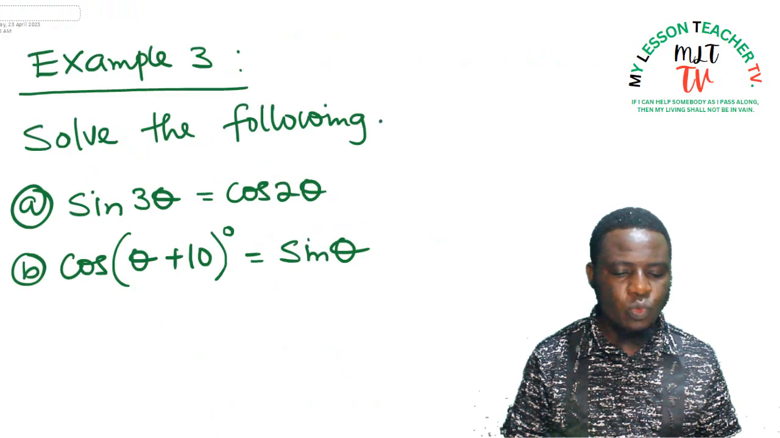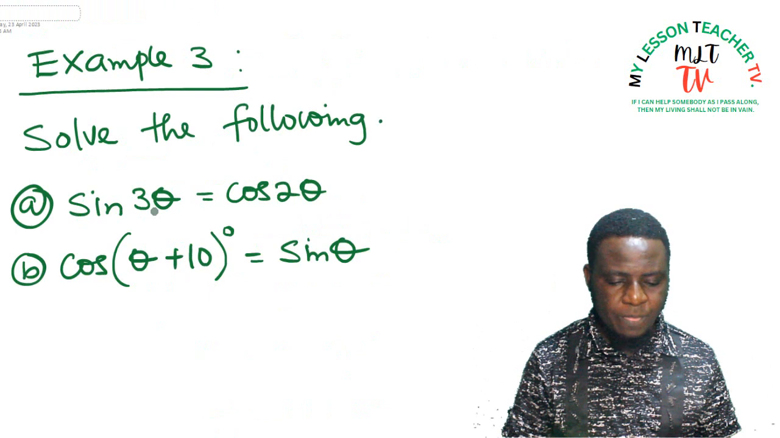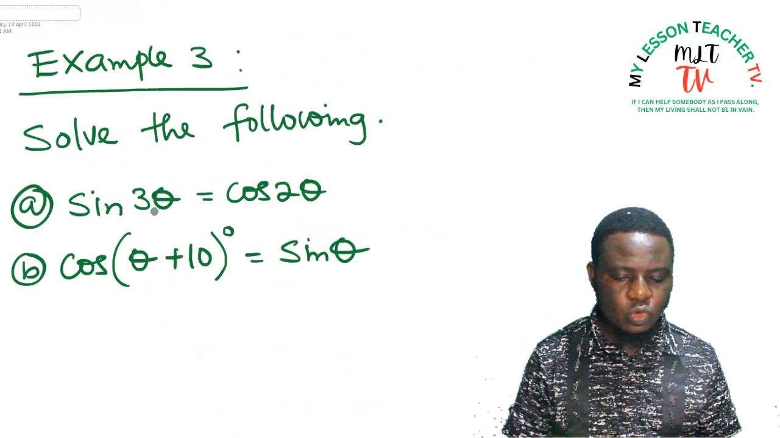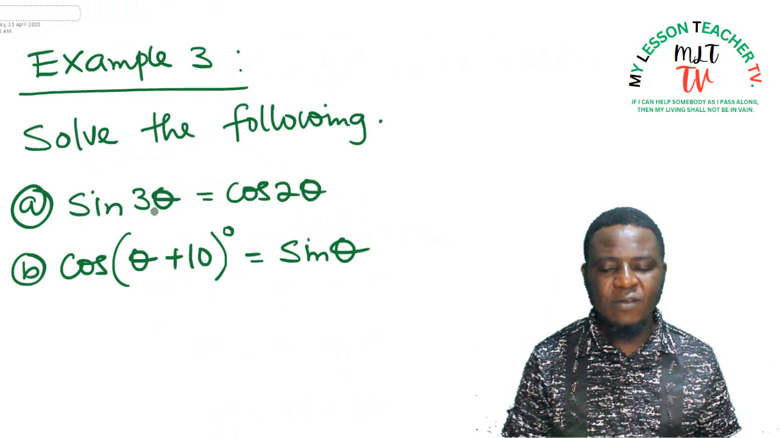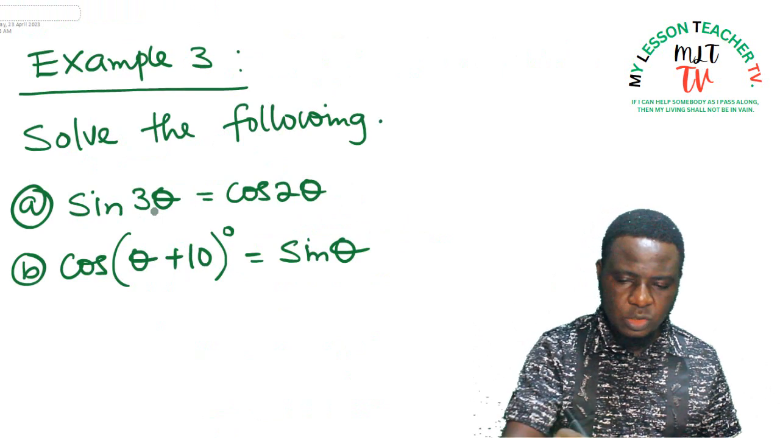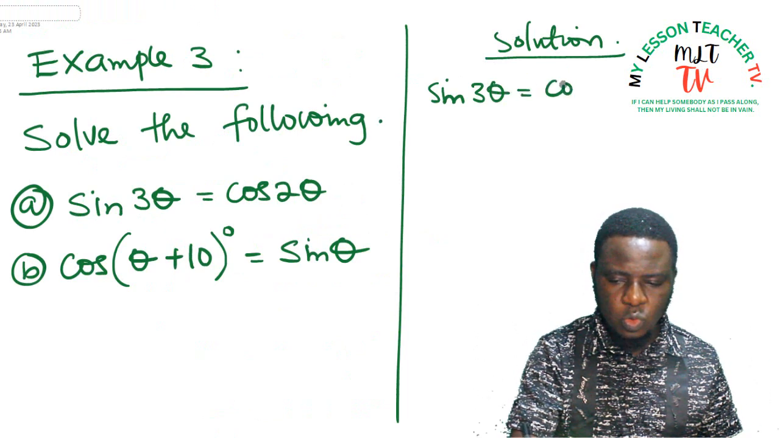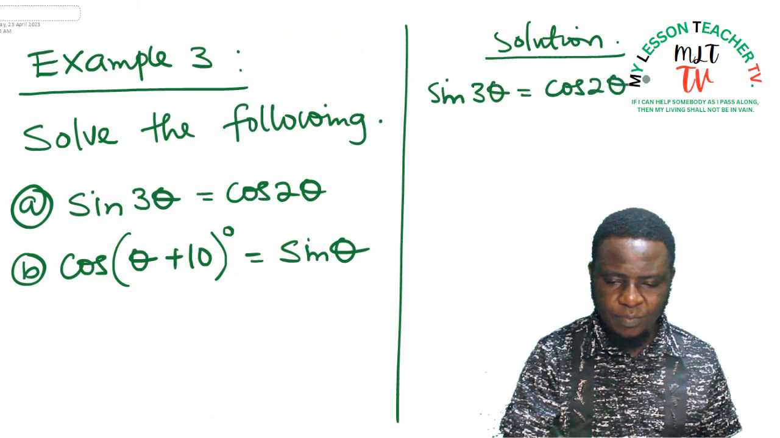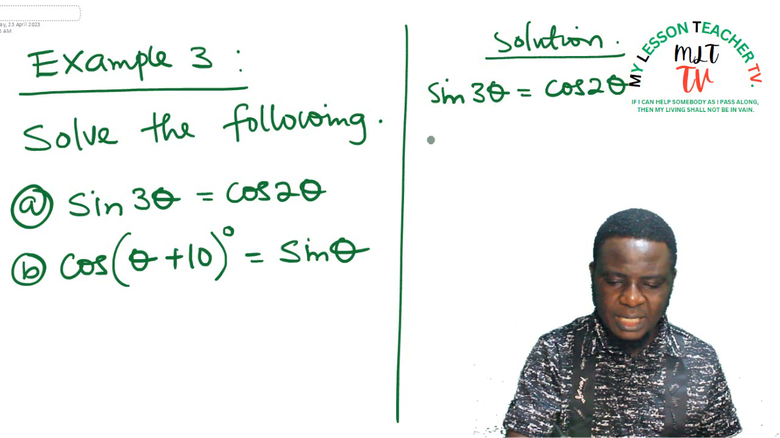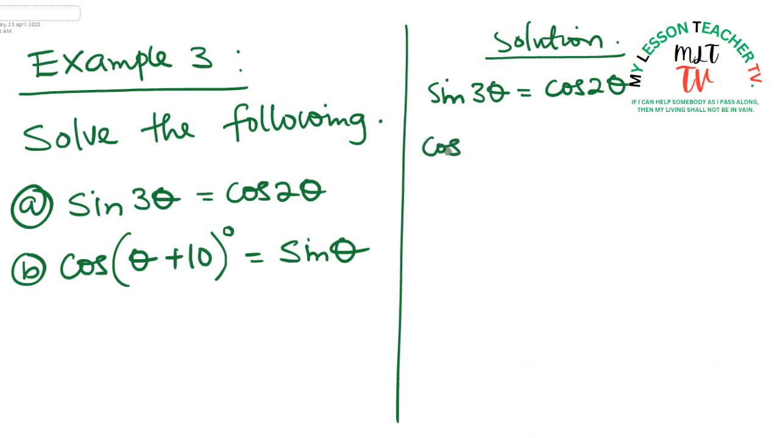Example 3 says we should solve the following. A says sine 3 theta is equal to cos 2 theta. We should find the value of theta. Solution. So if sine 3 theta is equal to cos 2 theta, and we have said that cos 2 theta